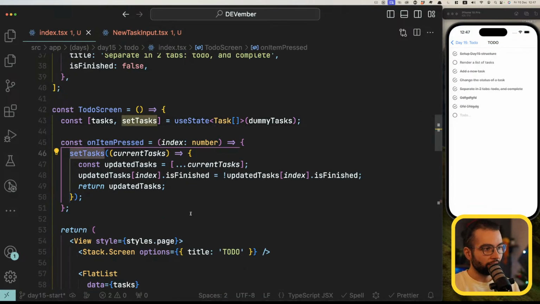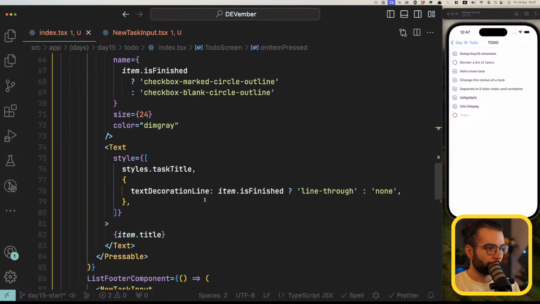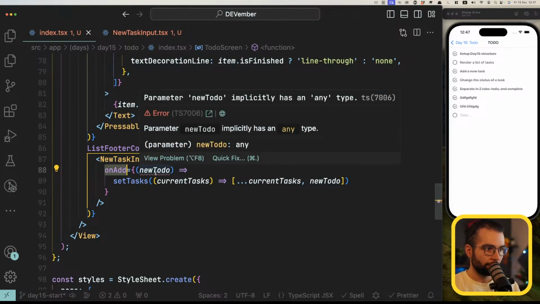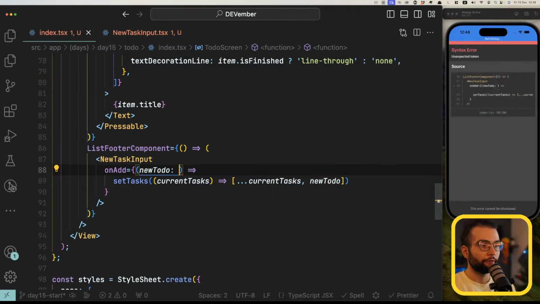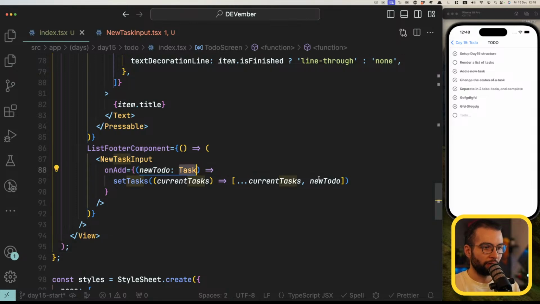This function, current task, it will be, not this one. Which one? On add,